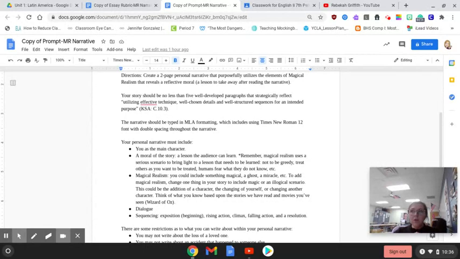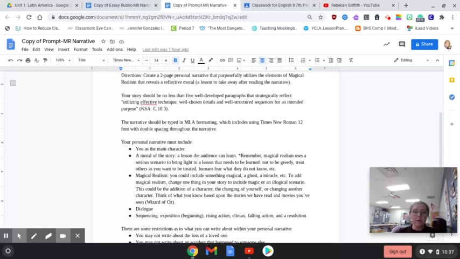You need to include dialogue. Think about elements of short story. In elements of short story, you have sequencing, you have a setting, you have characters, and you have dialogue. All of those things together create a good narrative. And you have to have sequencing, so an exposition, so what happens at the beginning. You have the rising action, the climax, the falling action, and then the resolution. So again, these are all things that you have continuously learned about just through reading short stories and writing personal